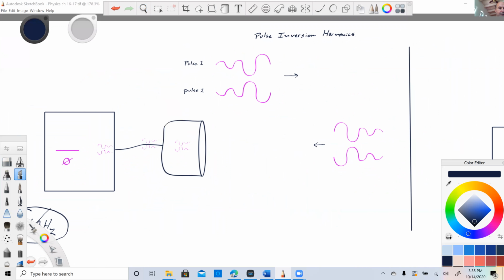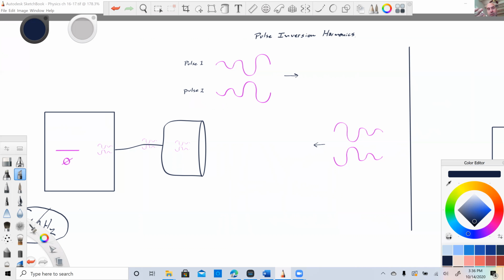Pulse inversion harmonics is a way of filtering out without having to use a filter. For whatever reason, the electronic filter itself was not perfect. So with pulse inversion, you're just gonna have to take this for granted. If something doesn't make sense, go ahead and ask me. I'm not saying don't ask me, but not all of this makes 100% sense to me, because what they show